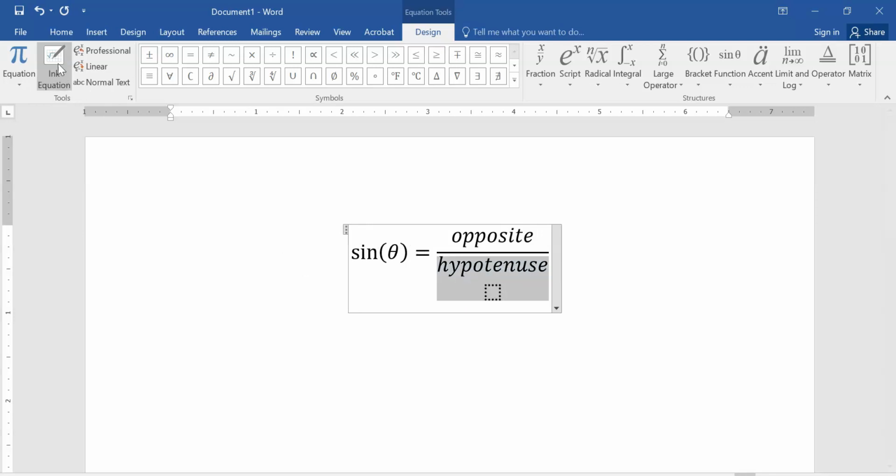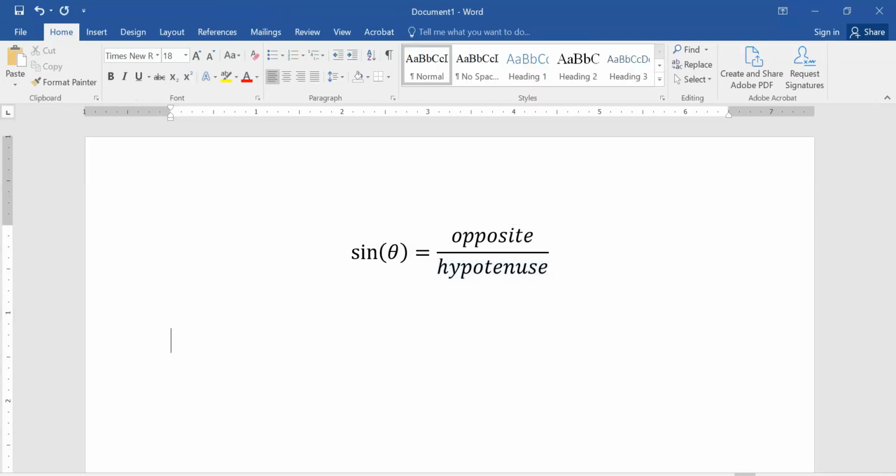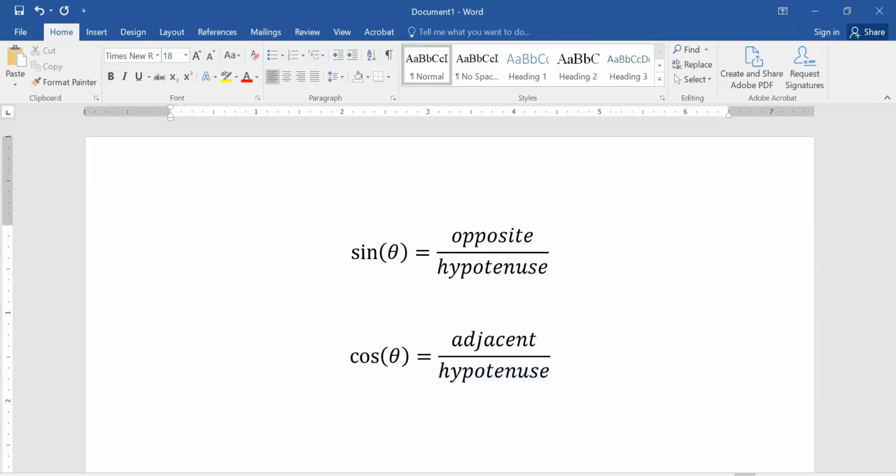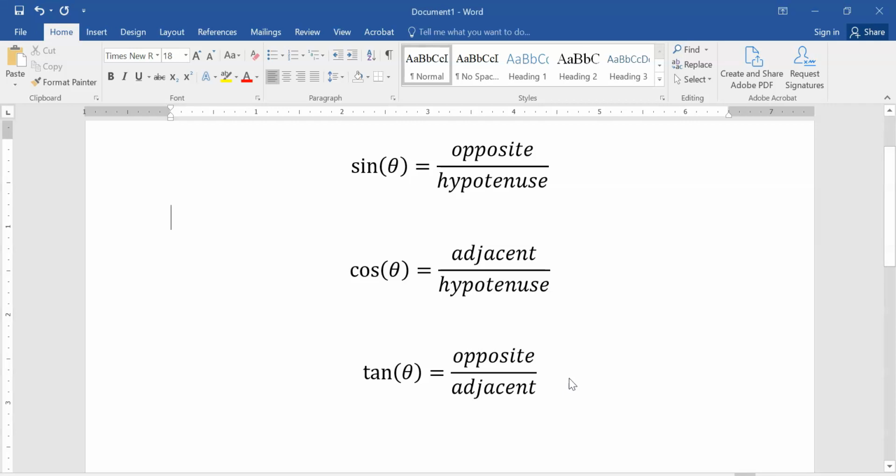Hopefully, oops, dang it, I screwed that up. And then sine of the angle is opposite over hypotenuse. And cosine of the angle theta equals adjacent over hypotenuse. And then tangent is opposite over adjacent. Let me write that down quick. Now, if we think about what this means as far as the polar coordinates go, maybe you've already seen this